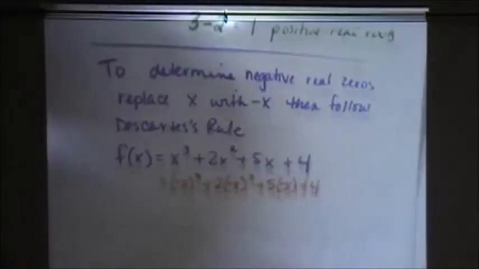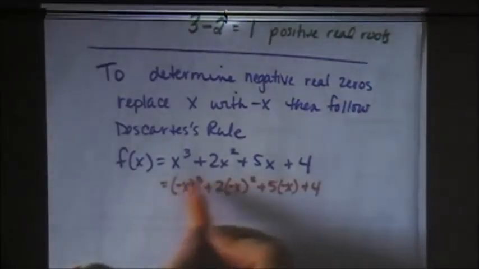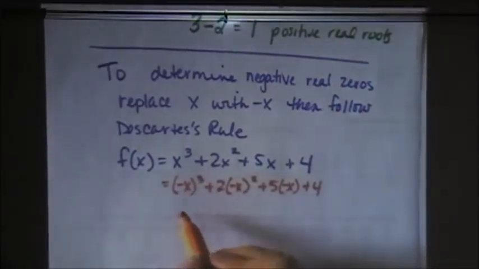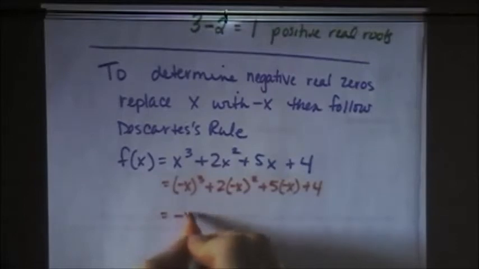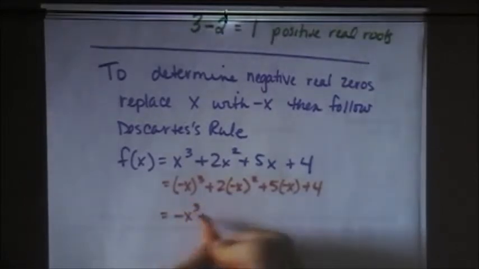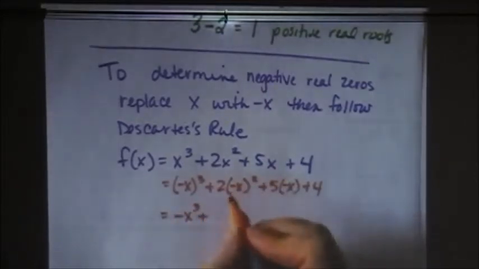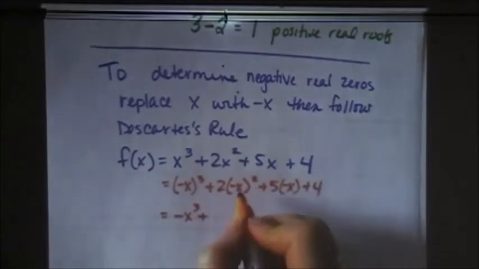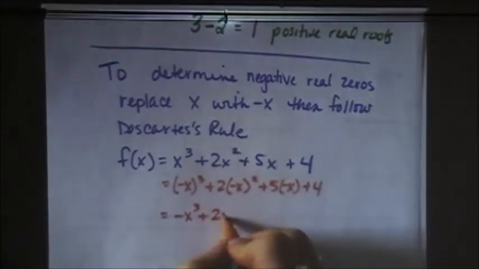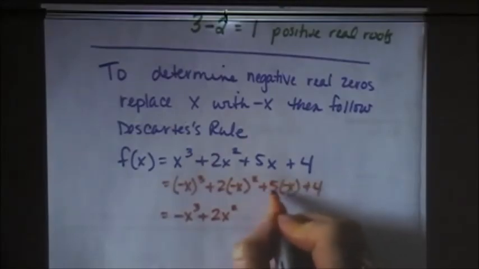Now, you have to simplify this. If I cube a negative x, that's negative x times negative x times negative x, I end up with negative x cubed. If I square a negative x, negative x times negative x gives me positive x squared, so this becomes positive 2x squared. 5 times negative x